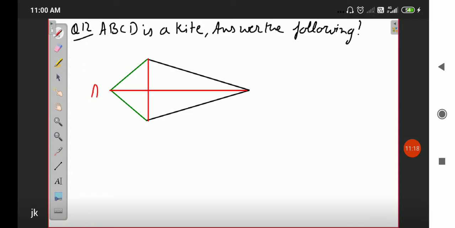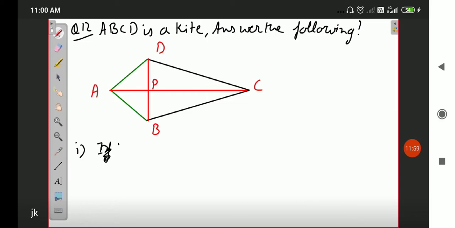This is A, this is D, here is P, this is B, and this is C. Now for every part there is A, B, C, D, E, F. There are total 6 parts. For every part we will write down yes or no, and along with it the reason for that. The reason is as important as yes or no. And one more thing students, I have already told you throughout this exercise, whenever possible draw the diagram in your homework copy.